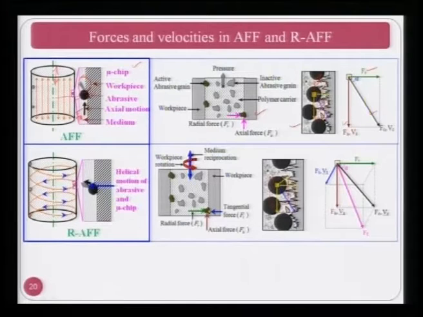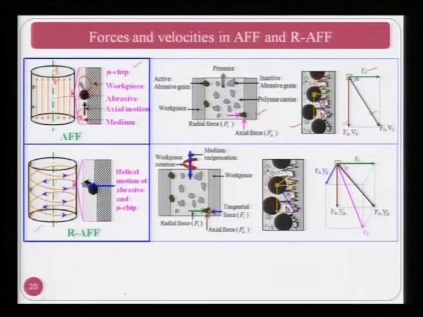Now one can clearly see that since the abrasive particle is moving to and fro, the total length over which it removes the peaks of the workpiece surface is in a straight line. If we want to improve the performance, then the abrasive particle has to interact more in a single stroke. For that purpose, if you see the bottom figure, the abrasive particle, along with the axial motion, also has rotary motion. As a result, it gets a helical motion as shown in the figure. As you can see, this particle is moving in a helical motion throughout.